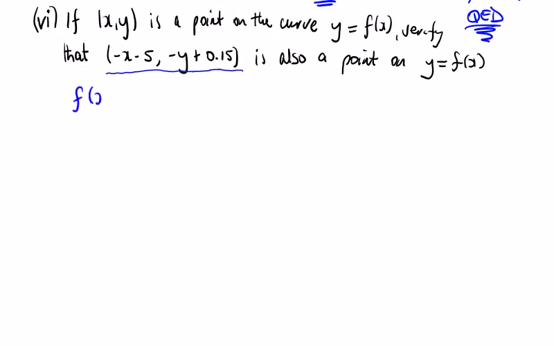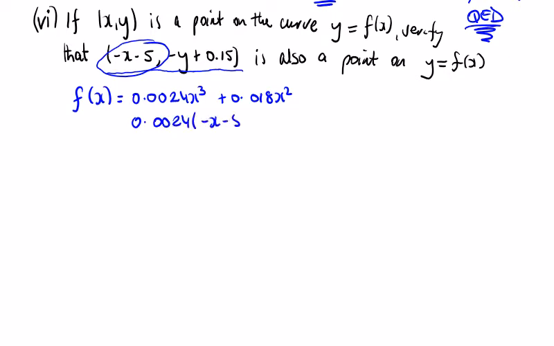Okay, so f of x is equal to 0.0024 x cubed plus 0.018 x squared. So there's a bit of work actually involved in this, unless you can come up with a better way to do it. So I have my x value, minus x minus 5 to be cubed, plus 0.018 by minus x minus 5 to be squared. So this is going to work out to be,